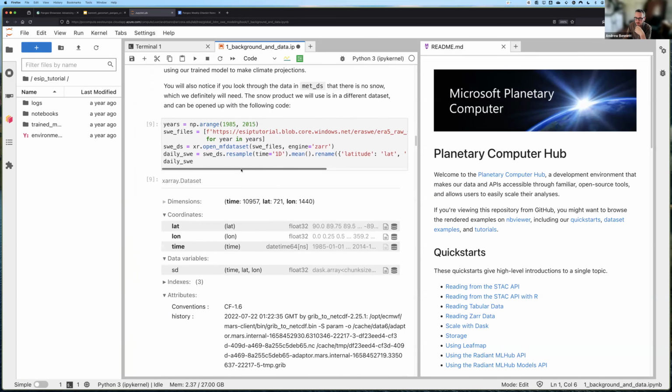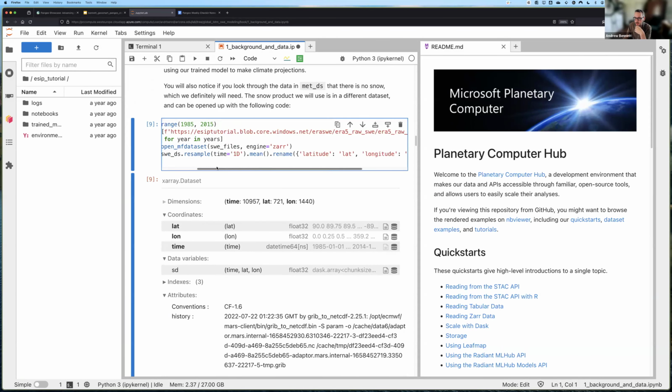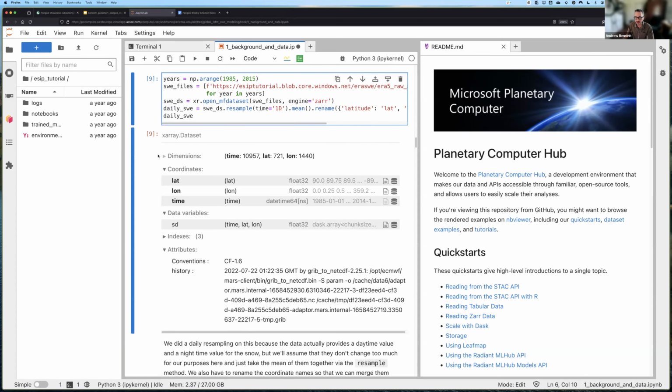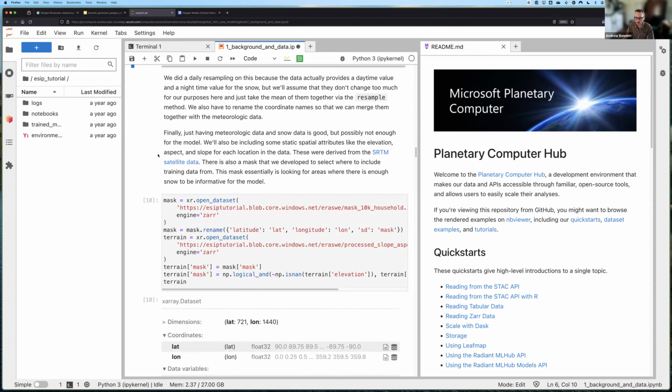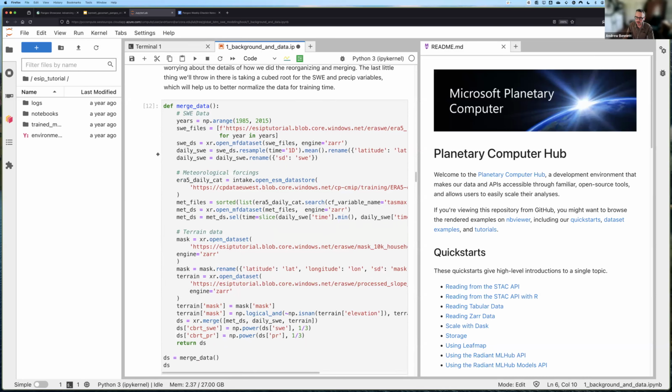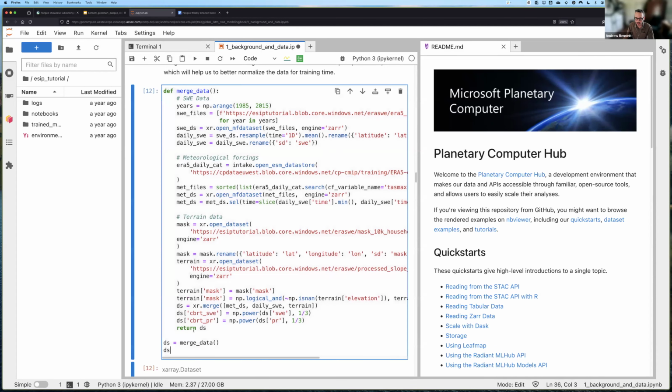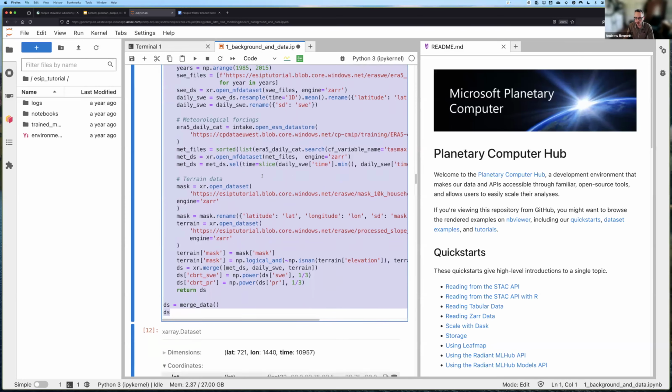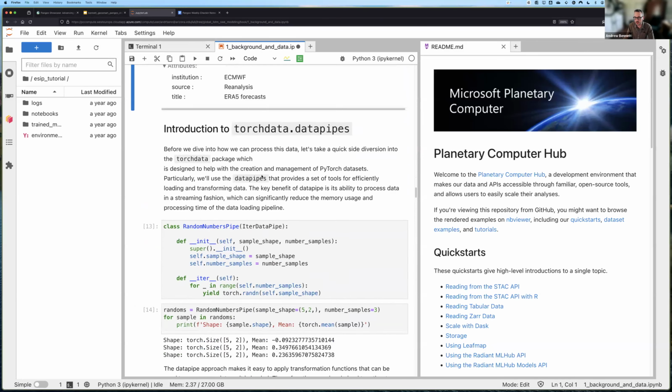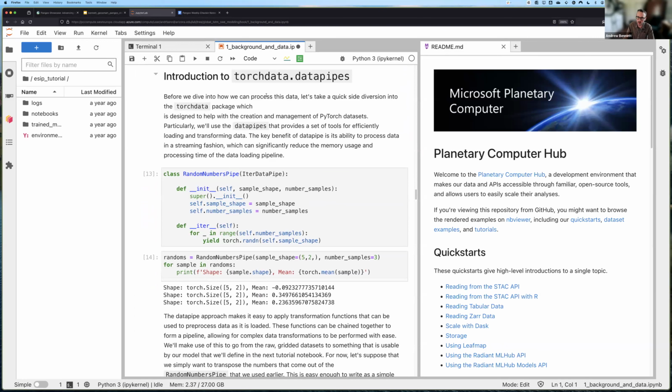Same thing for the snow data. This snow data is actually hosted on a different, this is the ESIP tutorial Azure bucket, which is actually a personal one of mine. So it's maybe poorly named now, but we pull in that data, and I'm just going to go through and show. So at the end, this is how you get it all in one go. And now the question is, how do we actually get it ready for